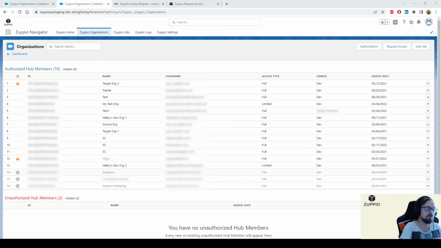And the last feature I want to discuss now is mass access request. For this one I had to move my camera to the right. So Zuppio is designed to work with your LMA and environment hub. And should it be installed into an org with LMA or hub, it will pull all the orgs into Zuppio organizations. And of course they will not be authorized